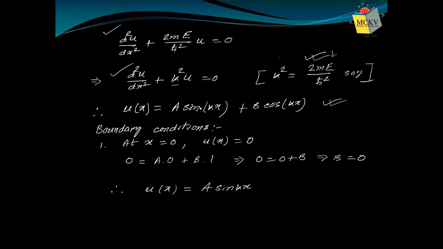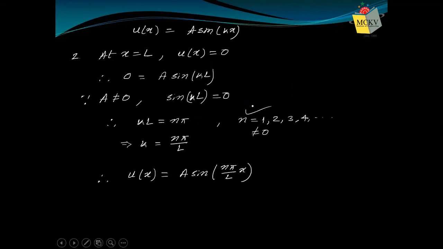This is the expression of eigenfunction or wave function, but it has three unknown quantities, A, B, and k. So we need to find those values, because unless we know the eigenfunction or wave function completely, we cannot estimate other quantities. That's why we are using the boundary conditions. We have two boundary conditions, at x equal to 0 and x equal to L. psi will be 0. So if I use the first boundary condition, what do we get? We get B is 0. That means this is our wave function.